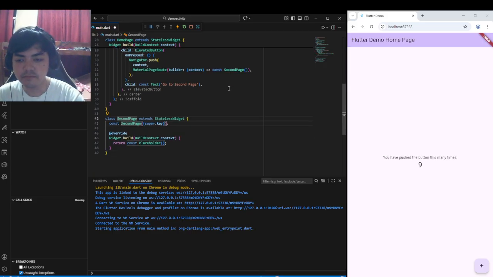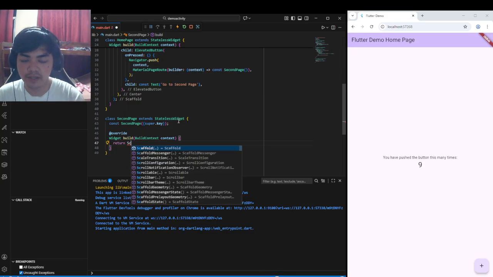In our second page, we're going to create another scaffold for the content of our second page. So scaffold.